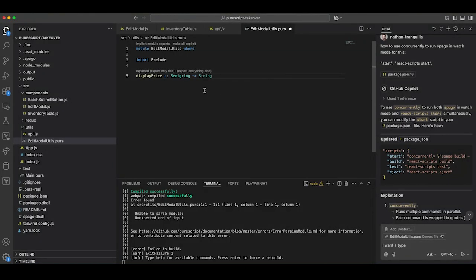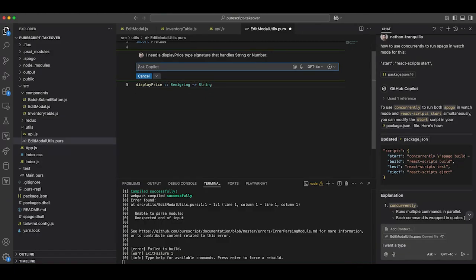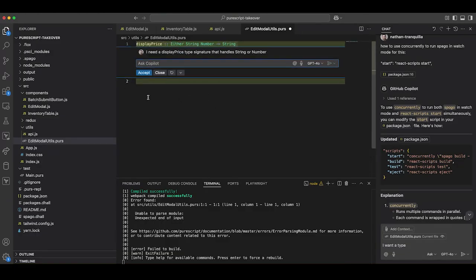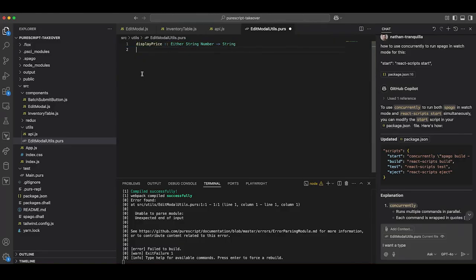I need a display price type signature that handles string or number. Perfect. That probably, yes, that makes a lot of sense. We're going to use the